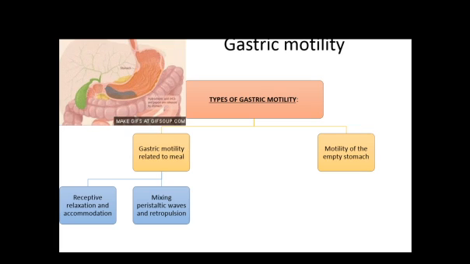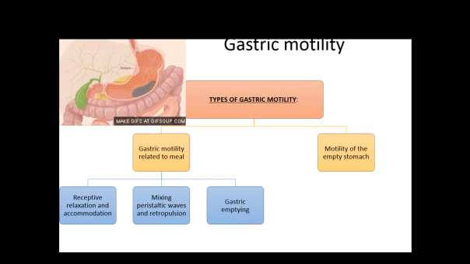Now after this, mixing movements, mixing peristaltic waves which mix the food content in the stomach, and a fine paste-like consistency is formed, which is also called chyme.